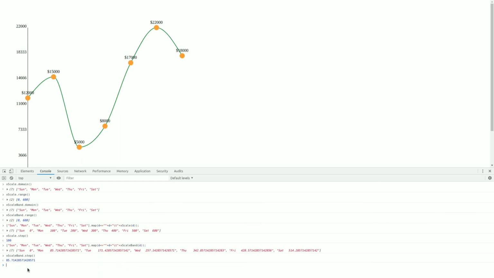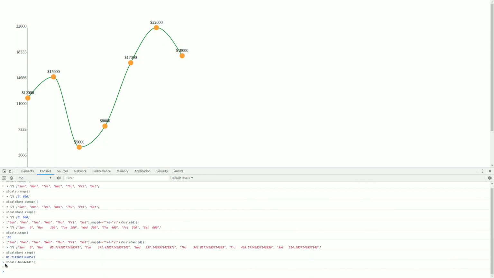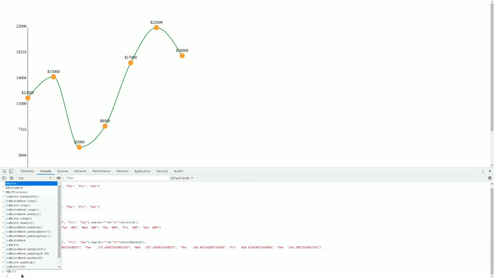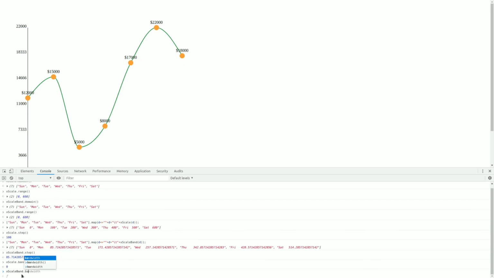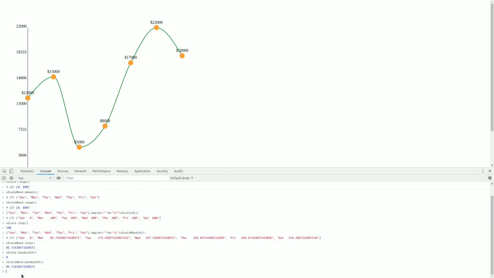Now for scale point, the bandwidth value is always 0, you can see here. Now for the scale band, the bandwidth is based on xScaleBand.bandwidth, here 85.71 pixel, and this bandwidth also varies based on the inner padding and outer padding that you provide to the xScaleBand.